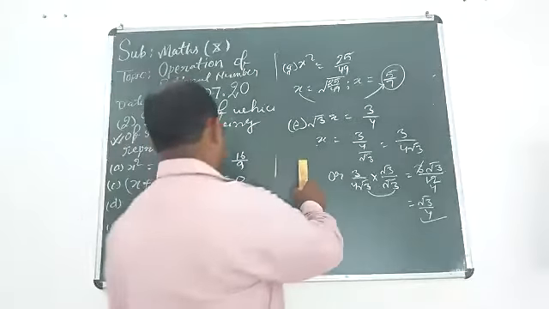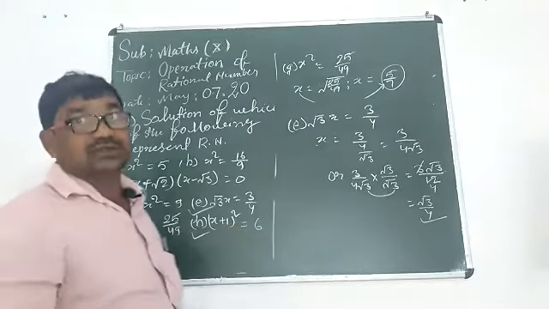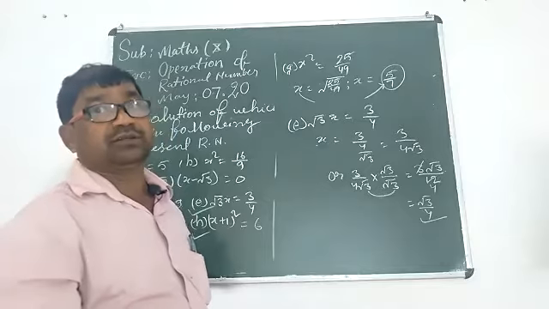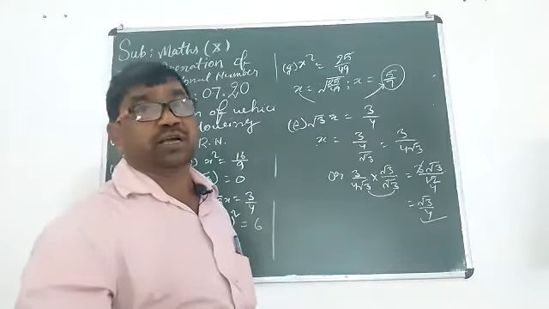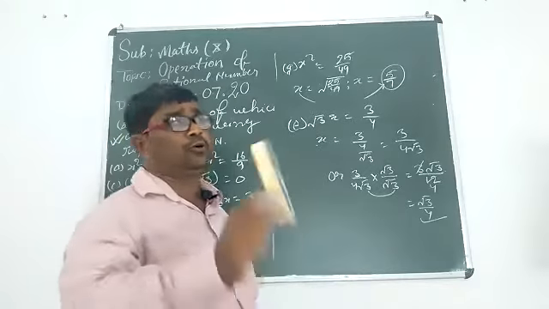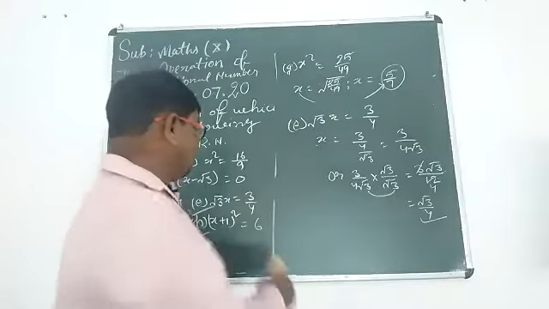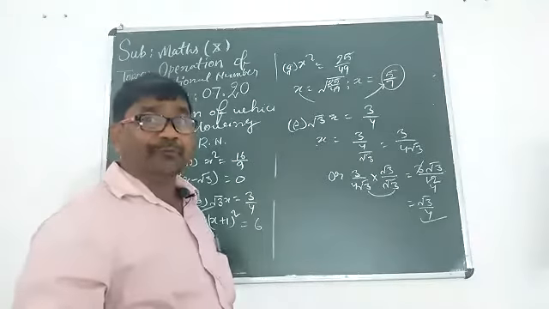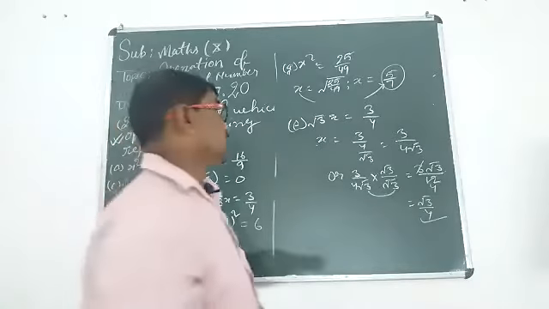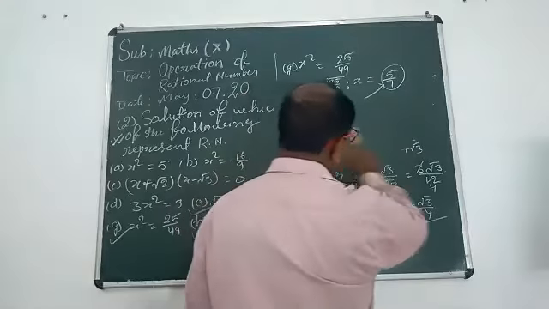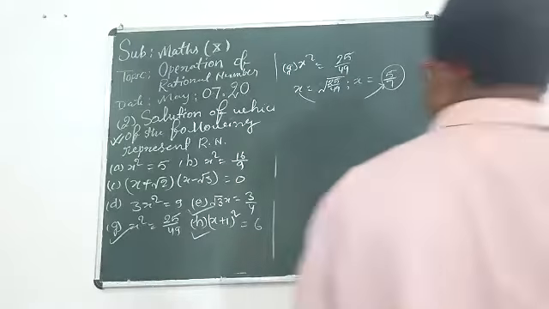But mind one sum, whole square of x plus 1 equal to c. How can you solve it? Either by the middle term splitting method or the completing a square method. Completing a square method you don't know, so I have ignored it because this is a matter of class 10. But middle term splitting you know better. So you should think deeply about how we can split and find the solution.